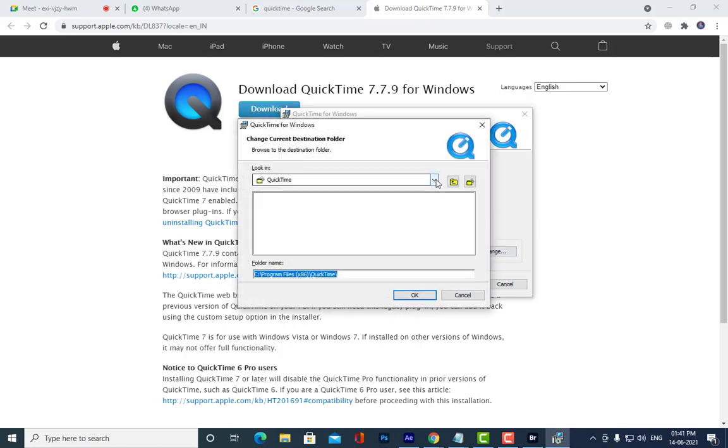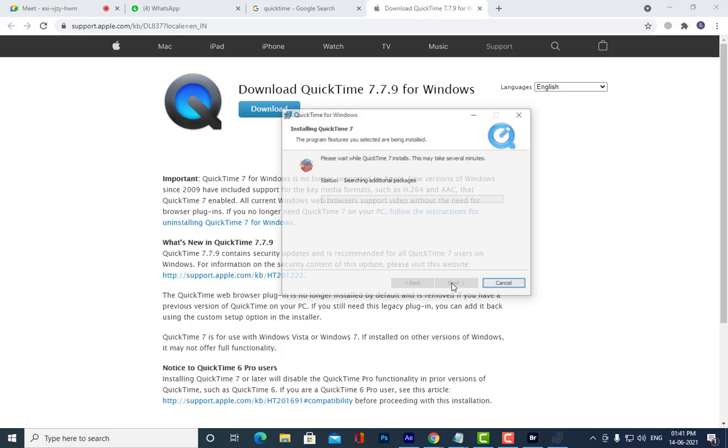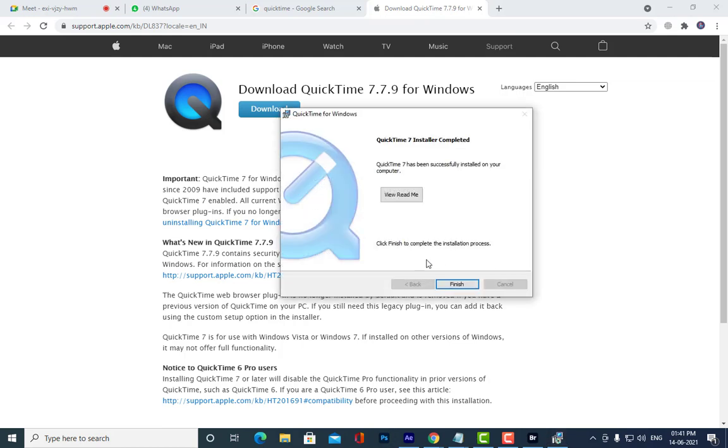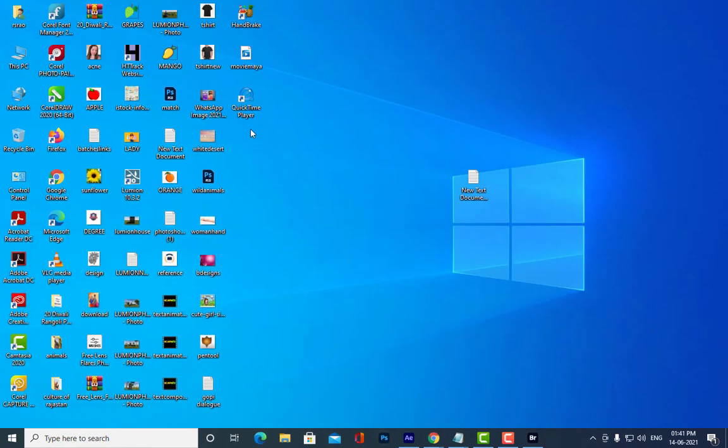So let me change it to G drive. See, the only thing you have to remember is the file size. Always the file size is very important here.